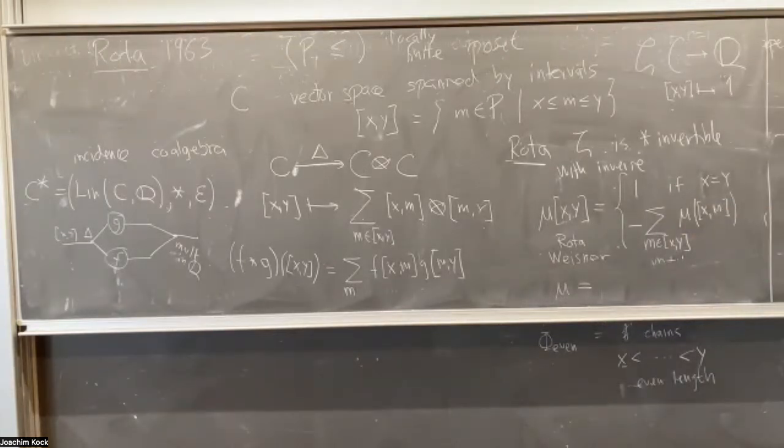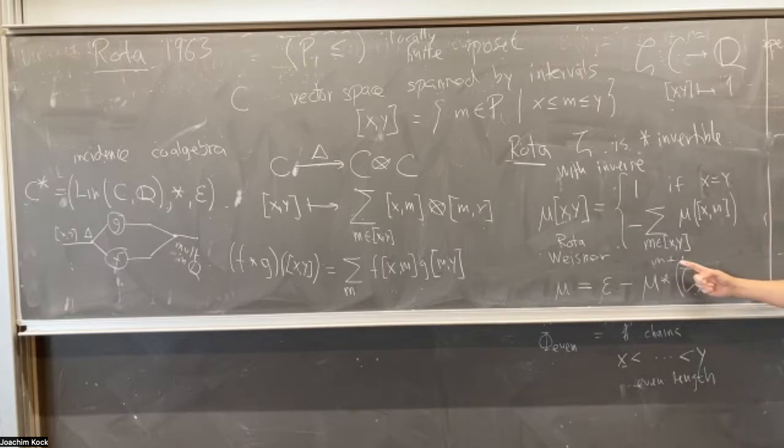I may have forgotten to write it or I erased it, but the co-unit is equal to 1 if they're equal and 0 otherwise. So that's the first case. And that does not give any contribution from the second case because it was equal to 0. On the other hand, in this case, where it's a non-trivial interval, then there's no contribution from the co-unit. So in this case, this is clearly a convolution. It's the convolution of mu with,